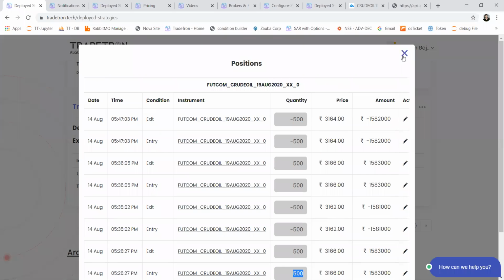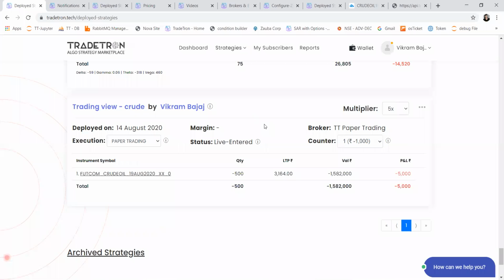So it will help to keep the margin requirement to just one lot. Exactly. Normally, let's say I'm using API and I'm using AMI broker, I have to keep the margin of two quantities at my broker, or else I set a delay in AMI broker to first exit and then after 10 seconds send a market order to take a long. Right, but in Tradetron it's set wise. So first one set will exit and then only the second set will enter. So this will solve your problem. Thank you.